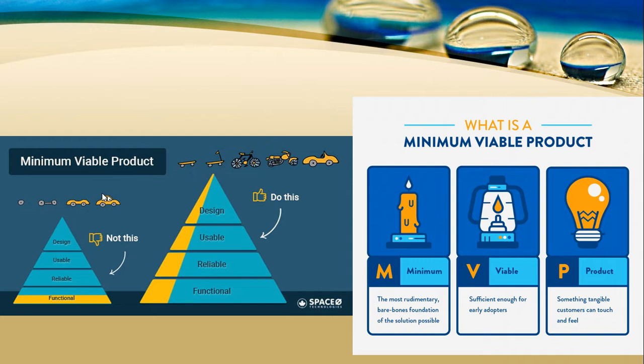So the minimum viable product will focus on building smaller features but with consideration on the design, usability, reliability, and functionality that fits the fulfillment of your customers. So this is the example. If you look at it, the first minimum feature that was built is already usable by people. And then a handle was added until it became a bicycle, then a tricycle, and then converted into cars. That is how we design a minimum viable product.